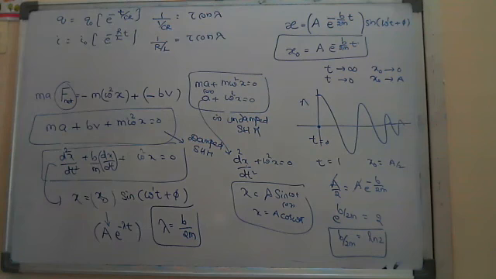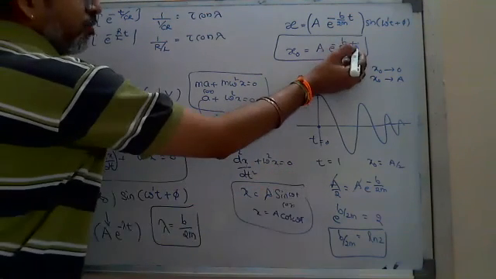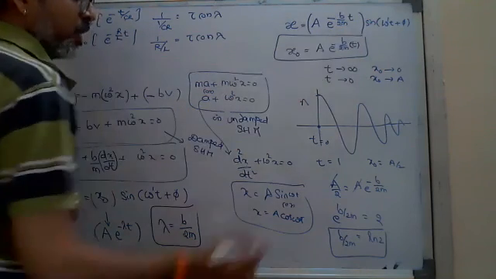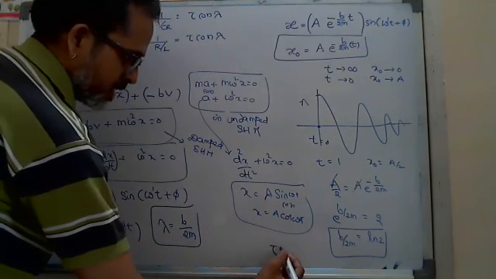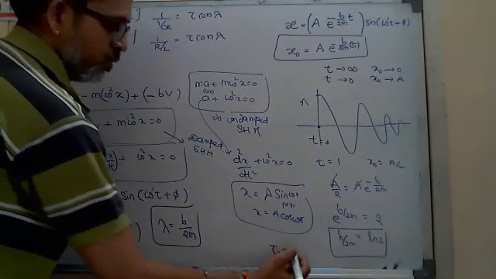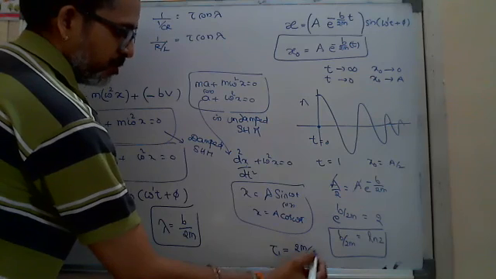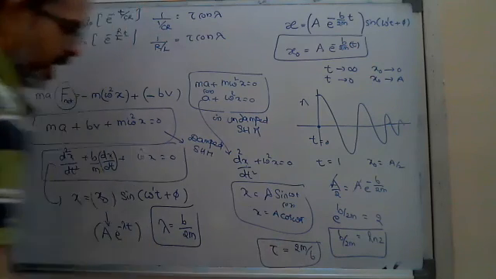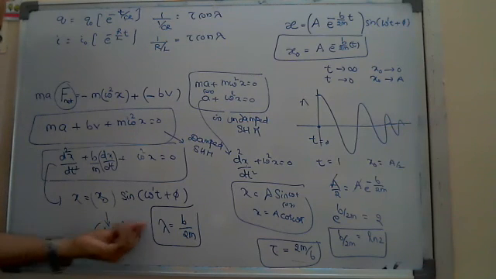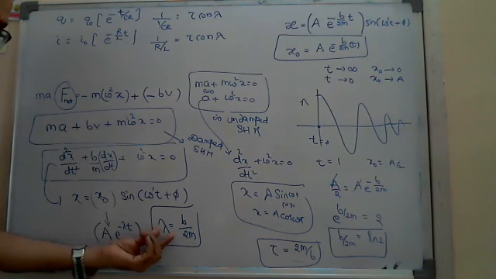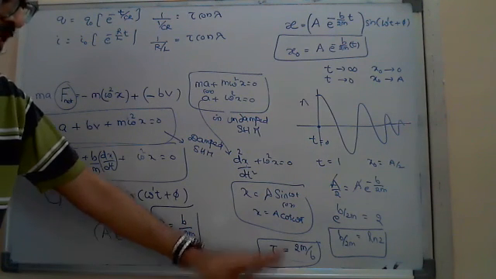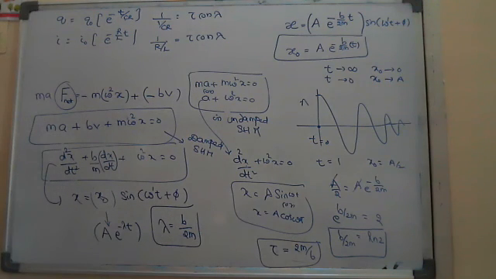In the same way here, the reciprocal of the time coefficient, not b by 2m, the reciprocal, means the time constant tau or lambda here. You can represent it with some letter. Tau is equal to 2m by b. Okay, I'm not taking the lambda term, because you may get some confusion. Already I considered some constant here, and unfortunately I took that constant as lambda. That's why I'm writing that this lambda is not the time constant. Tau is the time constant, which is the reciprocal of the coefficient.